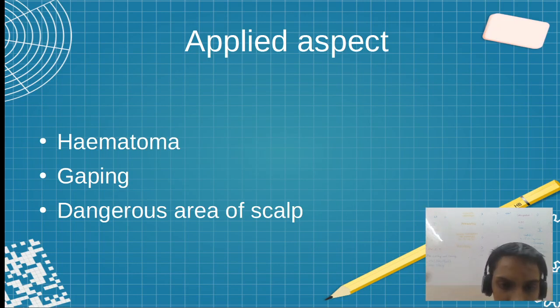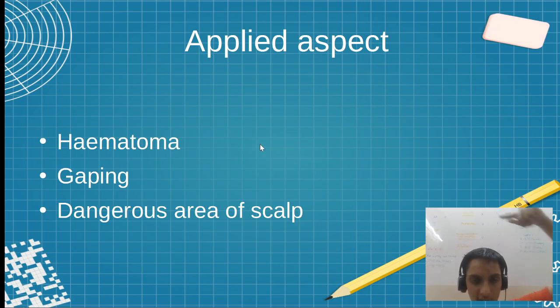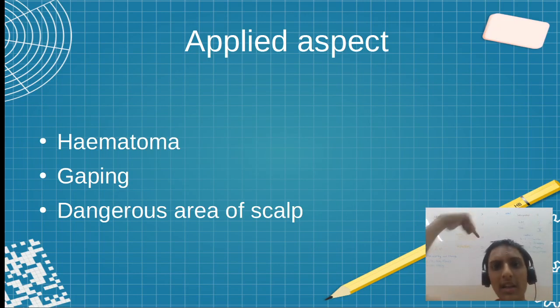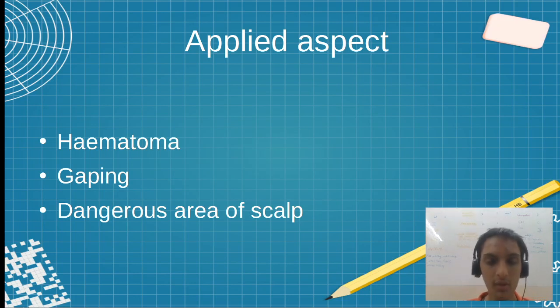So what they will do, instead of removing the scalp, it's not necessary, because abundant neurovascular supply, that is what is gaping actually. So they will basically tie a turban, like what they do for the Punjabis, right? The Punjabis, you might have observed, in the roads or while they are going to gurudwaras, they will be tying the turban. So somewhat like that. Just like tying a turban.